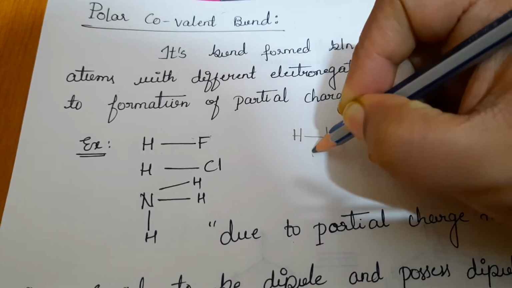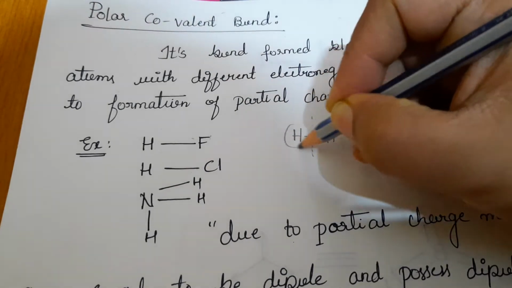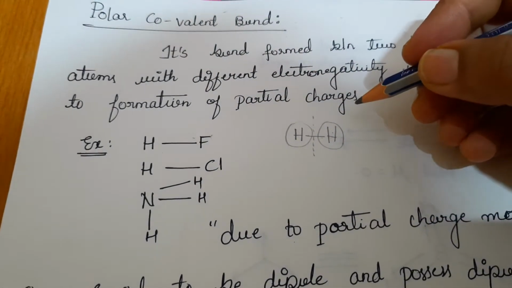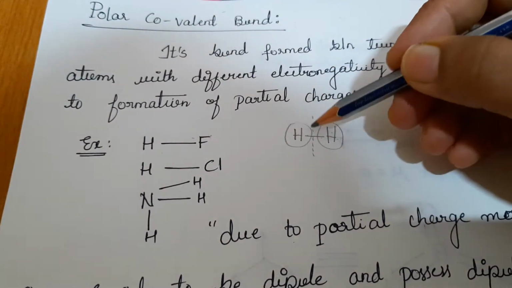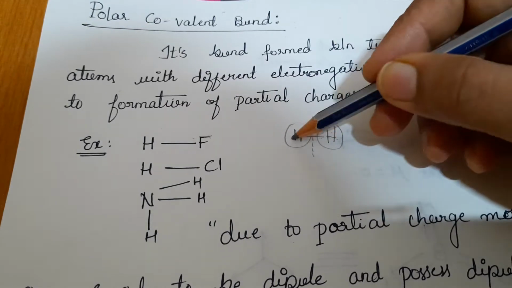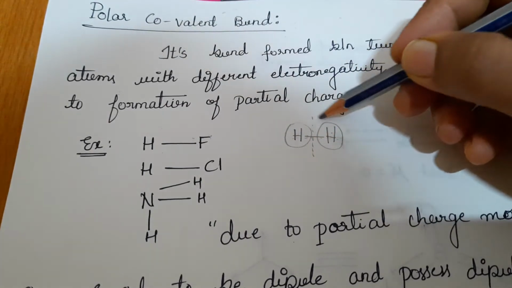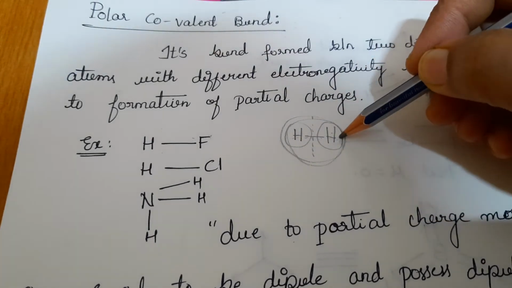If you break the bond between two hydrogen atoms, it will give you two similar parts after breaking the bond. Hydrogen atoms are formed, and this bond was formed due to contribution of one electron from each hydrogen atom. That is the reason why it is considered a covalent bond.